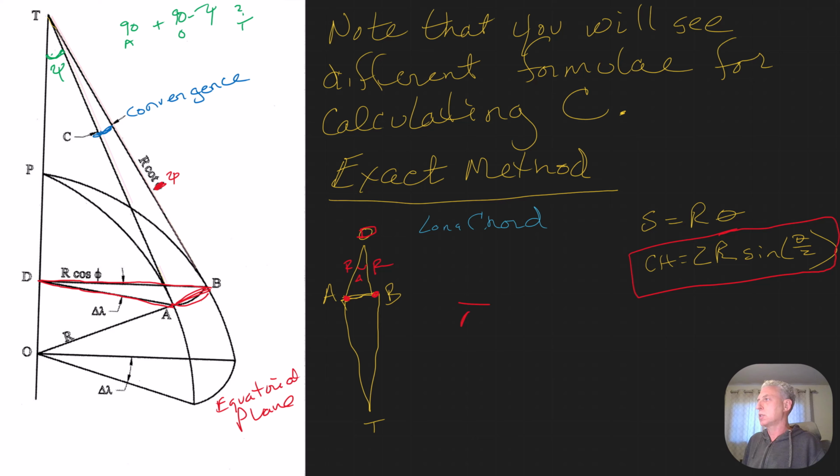So let's see. Chord AB in triangle DAB is equal to 2 times r cos psi, right? Because that's our radius length there, r cos psi. So 2 times r cos psi times the sine of delta lambda over 2. This is our delta lambda. So that's one value. The other value,